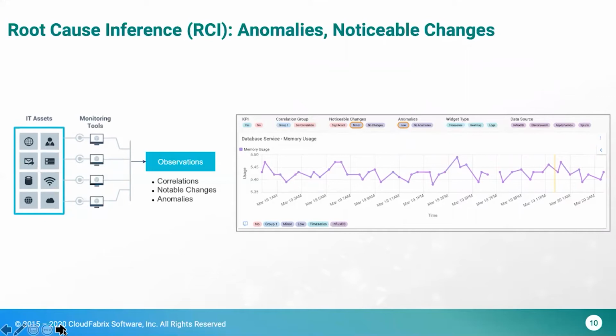This we call root cause inference, or sometimes people also call it root cause analysis, but we'd like to call it an inference because it's more of a guidance. It's kind of a pointer saying that this is where we have seen some significant change or anomaly based on the baseline for the last 4 hours, the short-term anomaly, and also the long-term impact change we have seen. So again, this is very important, and it will help enterprises reduce quite a lot of time, both from collecting all the data that resides in different sources, as well as manually going through all these things and identifying the root cause. It will help pinpoint that automatically.